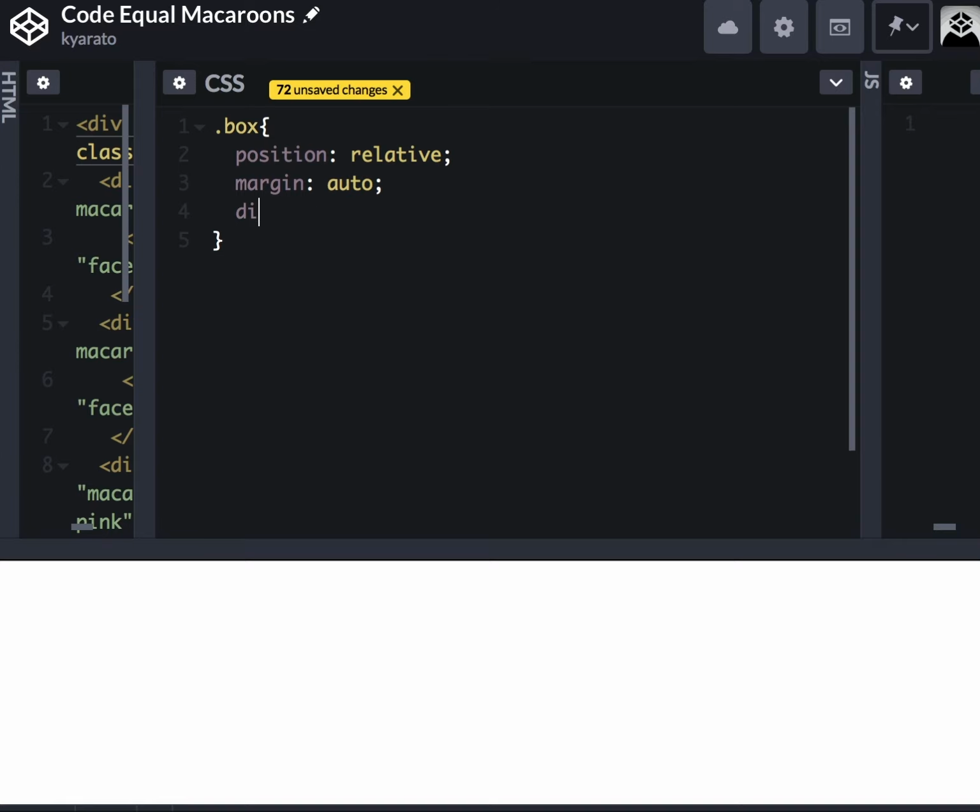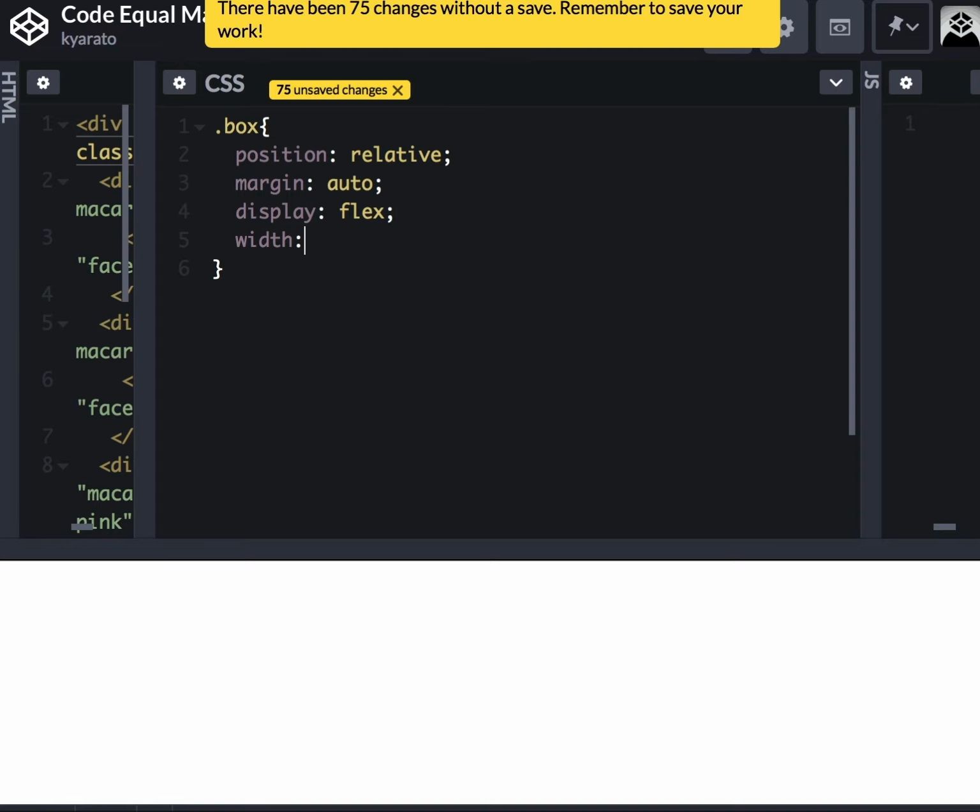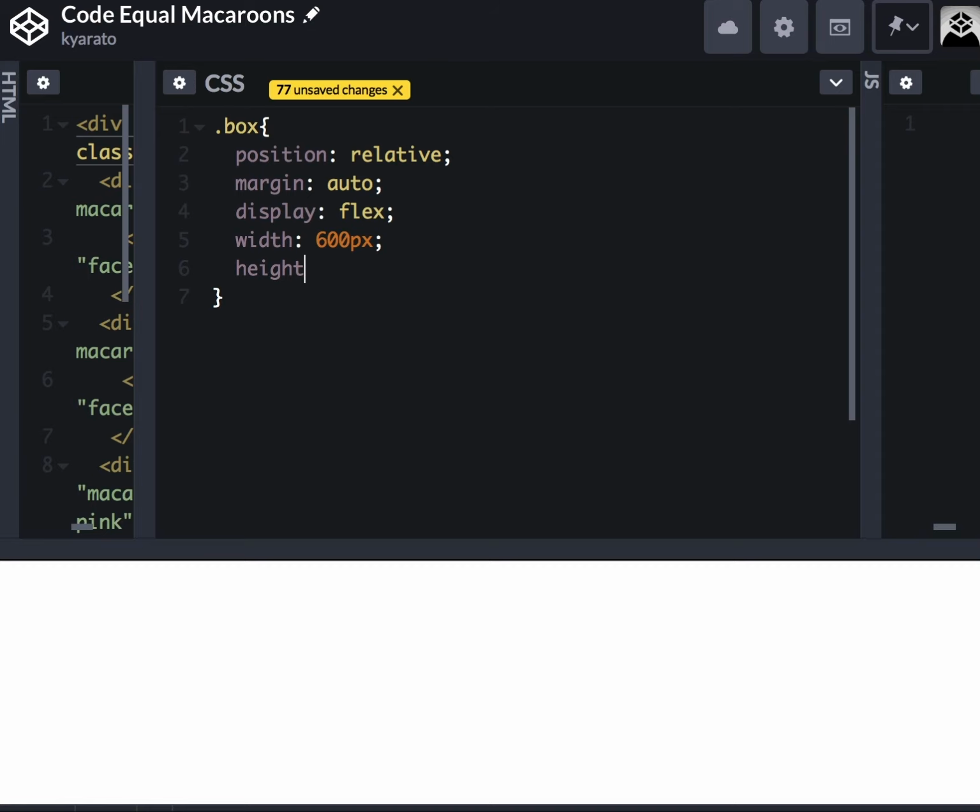We want to have our display be flexible, so you can say flex. We want to make our width of our box 600 pixels. Our height is also going to be 600 pixels. So one thing, if you are getting any errors, it may be because you are forgetting your semicolons or your colon. So a good way to check if you do have something maybe misspelled or something wrong is